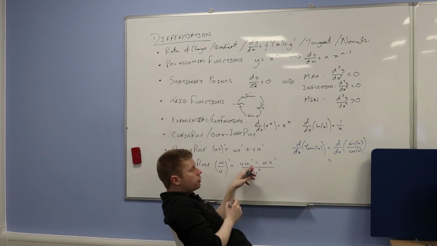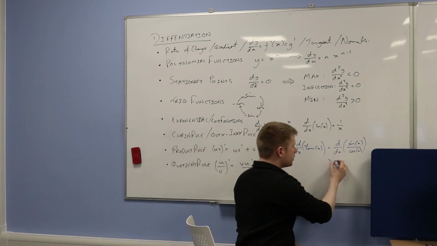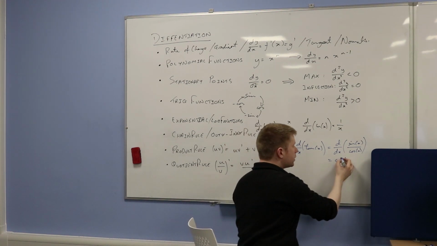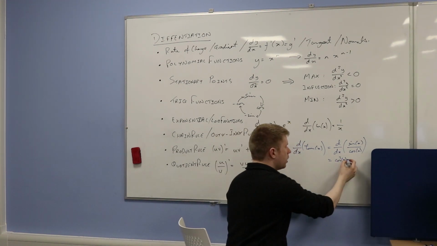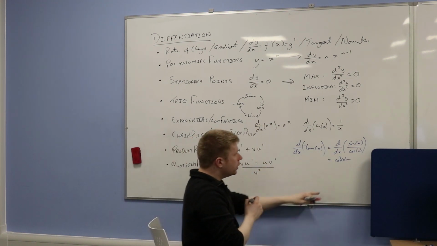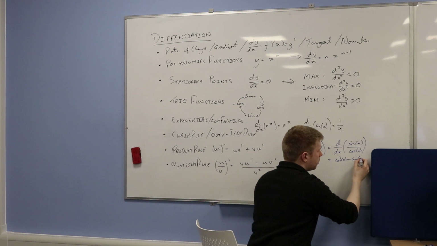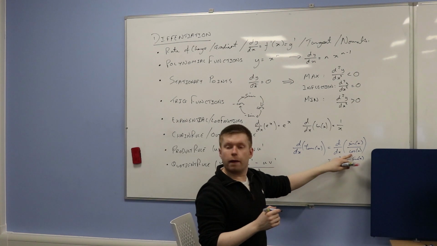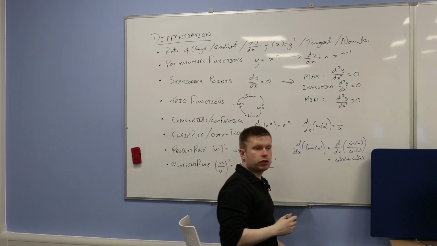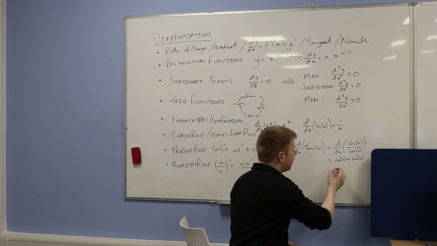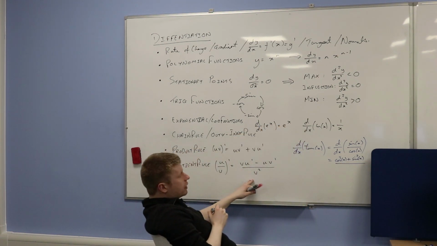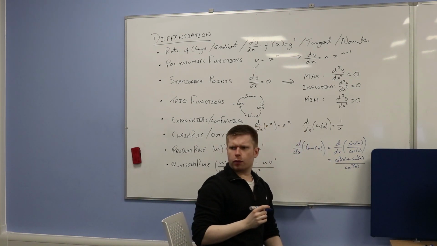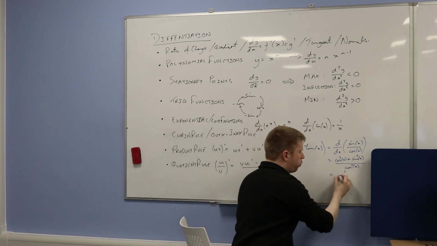So, okay, we got v times u dash. So v is cos x multiplied by the derivative of sine x, which is cos x. So it's cos x times cos x, cos squared x, okay? Minus u multiplied by v dash. So u is sine x, multiplied by the derivative of v. So what's the derivative of cos? Minus sine. So I'm just going to change that to a positive and change that to a squared. So you get a positive. Okay, and then on the denominator, I get v squared, which is going to be cos squared x. What's cos squared plus sine squared? It's just 1, yeah? So I get 1 over cos squared,